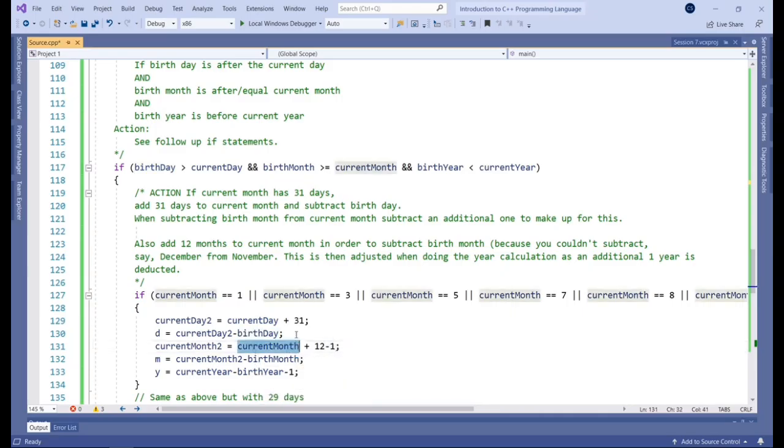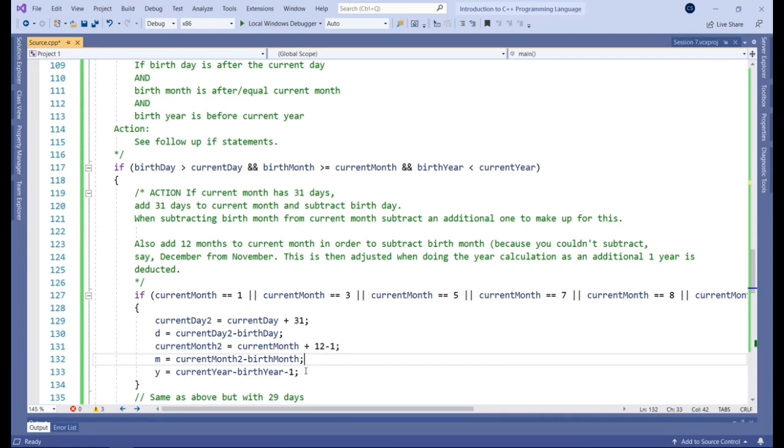But then we have the other problem of the birth month being after the current month. So we also have to account for that. And this is where these 12 extra months come from, which we adjust by removing 1 year when we get to the year calculation. So if you've noticed the pattern up to this point, all these if statements, the only thing that we're dealing with here are scenarios where the birthday is after the current day.